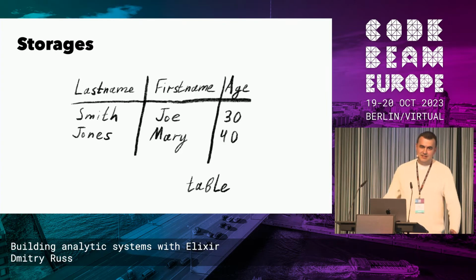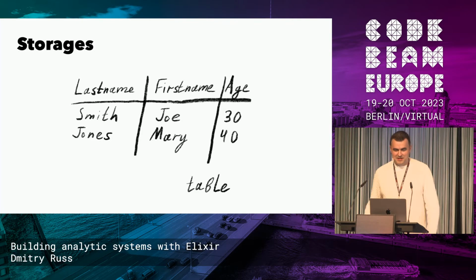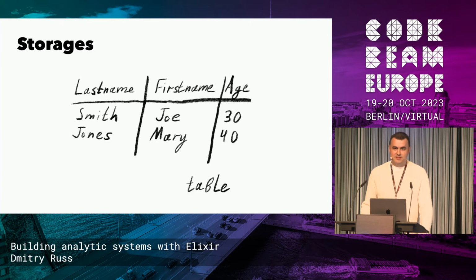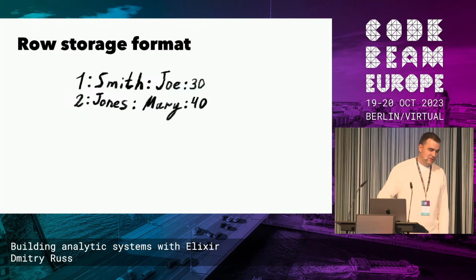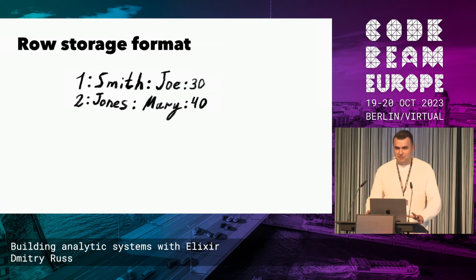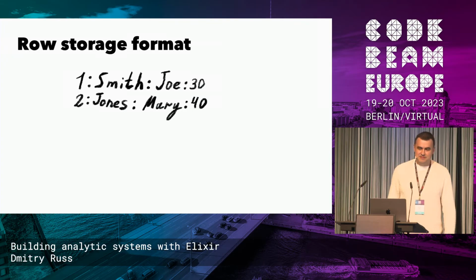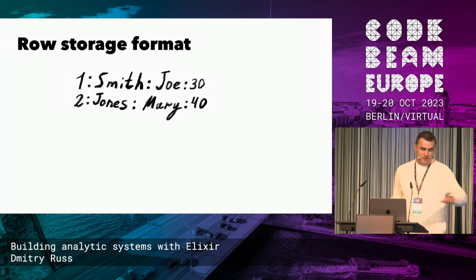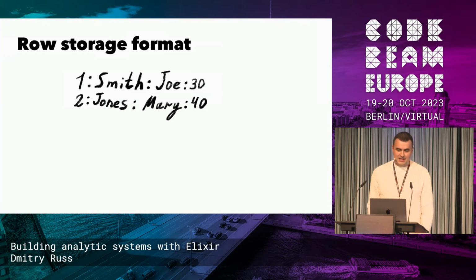If we just take a simple table, for example, where we save some information. Information right now is not important, but we have any table. How will it be saved if you use some classical SQL databases? It will be, of course, more complex, but more or less you will have some ID where you save in a row, where you have all your data more or less in one line.